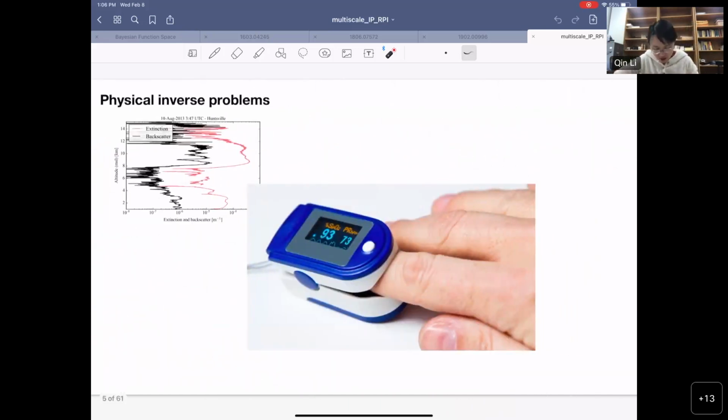And the second picture, this is the equipment that was quite useful at the beginning of the pandemic. It is used to detect your oxygen level in your blood. So at the tippy top over here, that's a laser light to send the laser to your skin. And by collecting the laser information or reflection back to the equipment, they can infer your optical properties in your finger. And using that information, they can tell how much oxygen is in your blood.